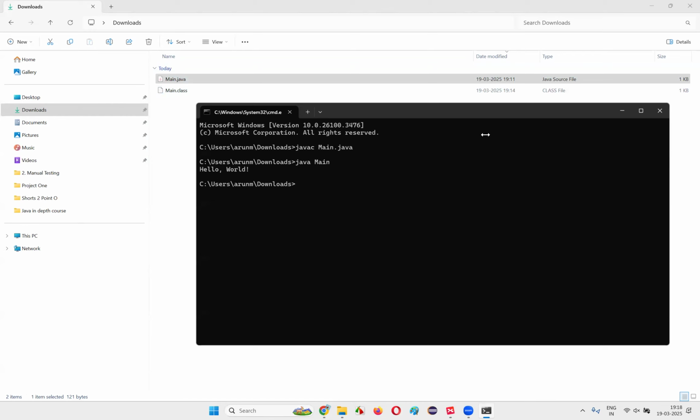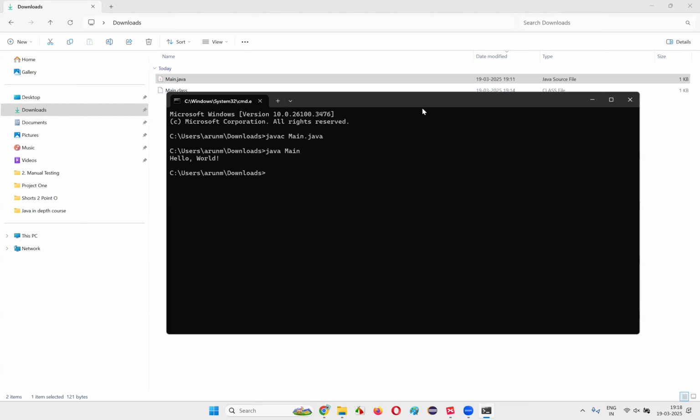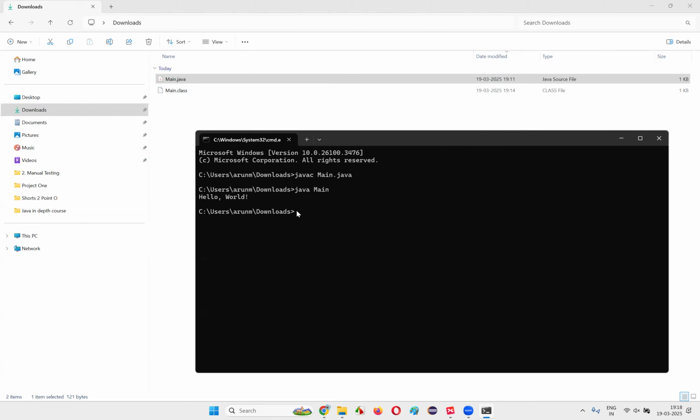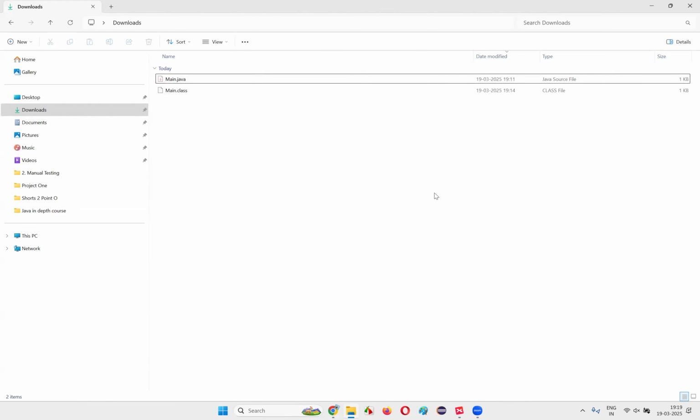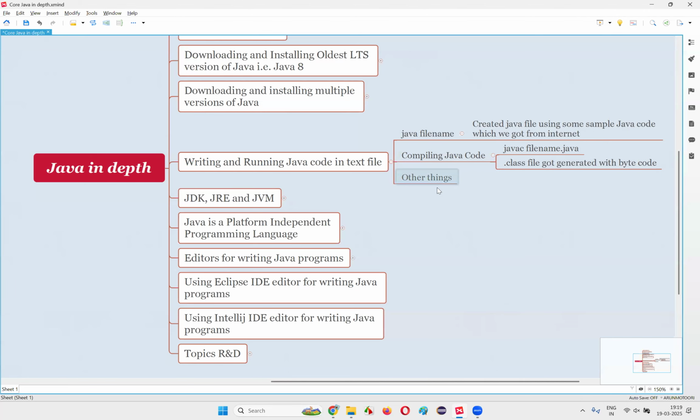This is the process of writing the Java code and running it. When you write and run Java code, compiling is required, then we have to run. There are two commands I have used. From the command line, to compile the Java code I use the javac command. javac stands for Java compiler. Then I used the java command, which runs the Java program that you have created with the help of the bytecode. So guys, this is the process of